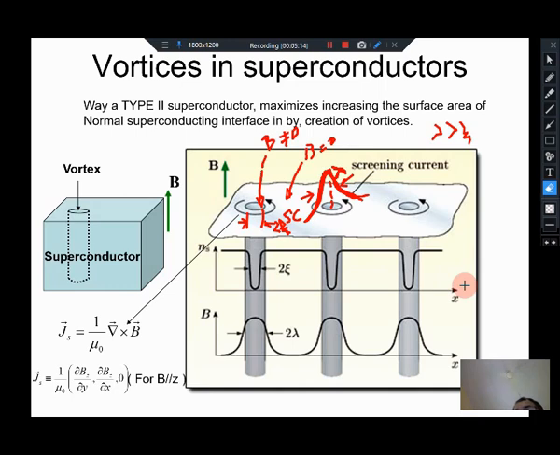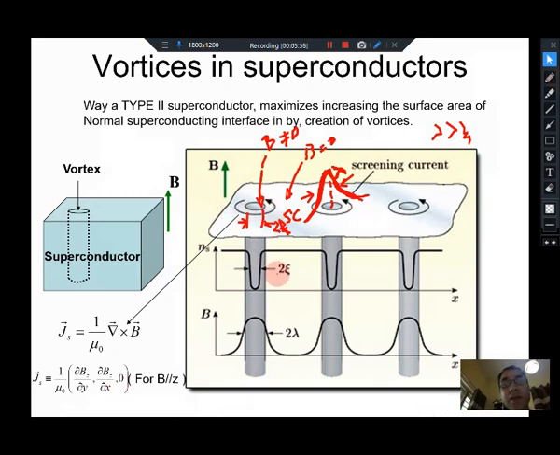So that helps give a field distribution spread out over a region which is wider than the normal core, and that is what is shown here. You can see that the magnetic field is distributed outside the vortex core, but it is decaying out. Because the magnetic field has to be shielded out, there are going to be diamagnetic shielding currents circulating around the vortices, which you can see here very clearly.